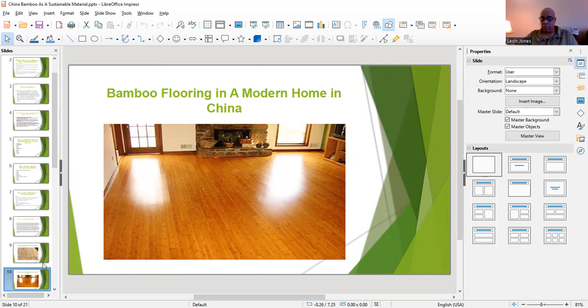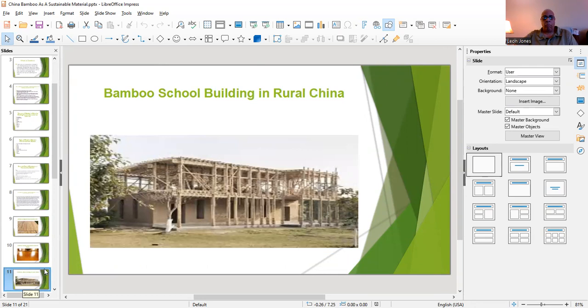especially for its versatility. And its versatility is that it's good for sediment and erosion control. You can use it for furniture, clothes, and all the other items that I named in this presentation that we use daily here in the United States. This is a school building made of bamboo.